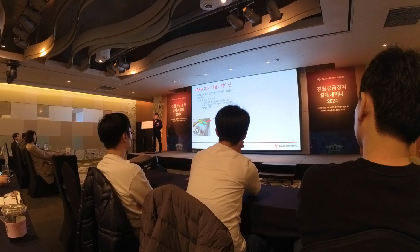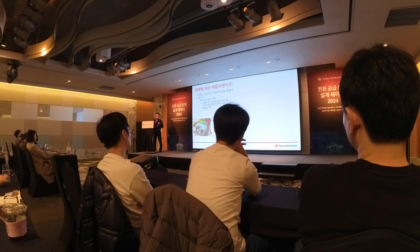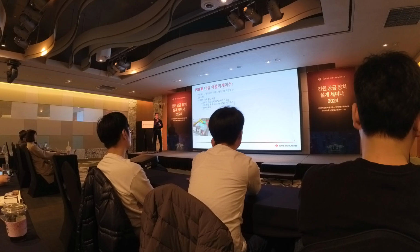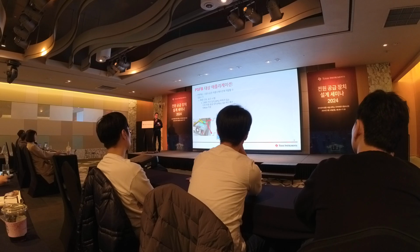In server applications, in the past, the server load was basically CPU, but now we are having GPU, GPU from NVIDIA. Some of those GPU loads are not very friendly to our power supply. In the past, for CPU load, for this AC to 12 volt output, the CPU load probably had